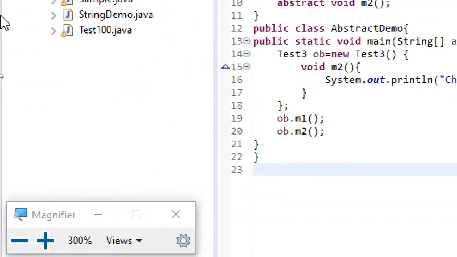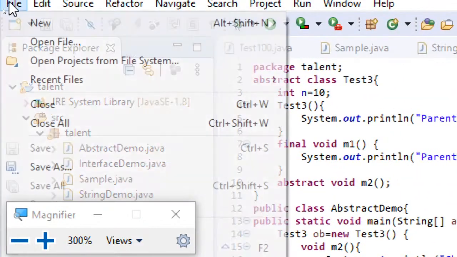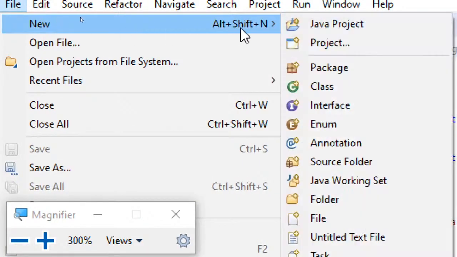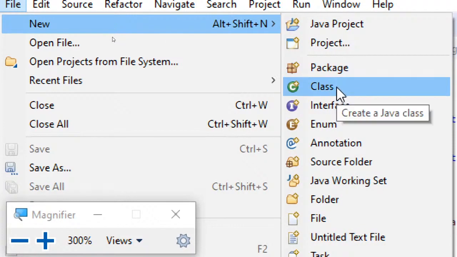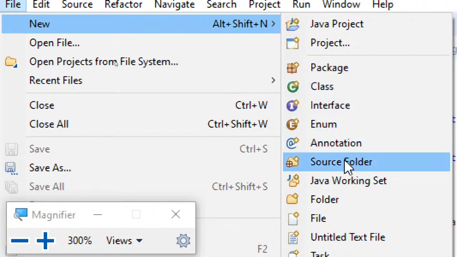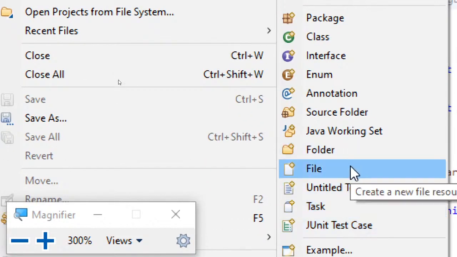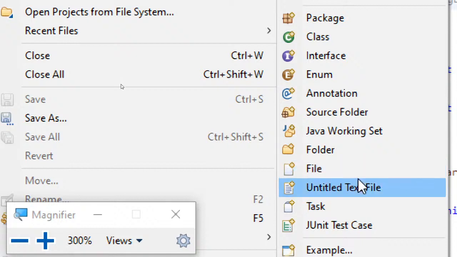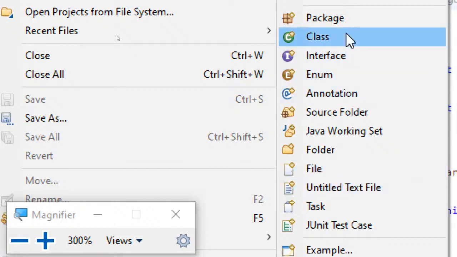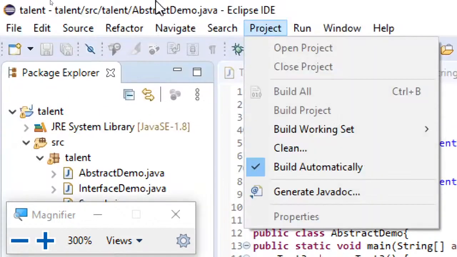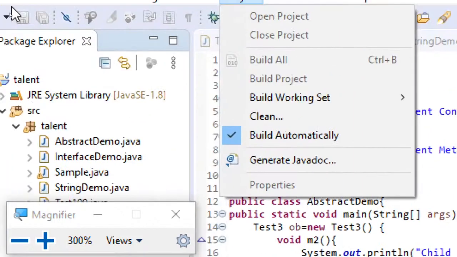What we'll be mostly using is this, for creating a project. So New, and if you want to create a project, this is how you will go. If you want to create a class, interface, enum or annotation, all these things. If you want to create a blank file, where you have in mind what type of extension you want, suppose you want to create a text file, you can just go for this text file, because by default if I choose class, a .java file will be created. So that's the reason we'll be doing that.